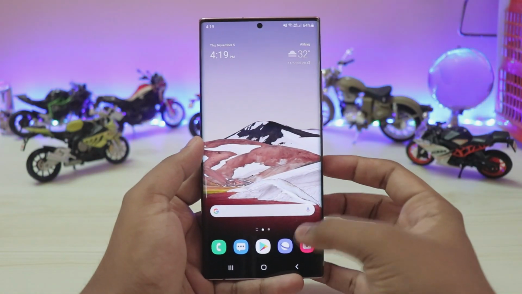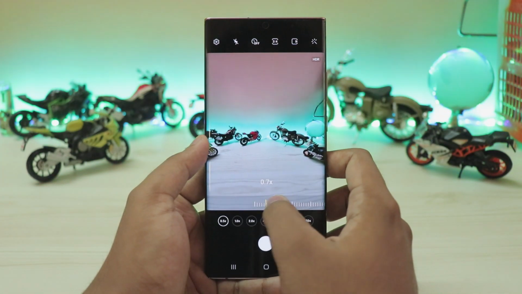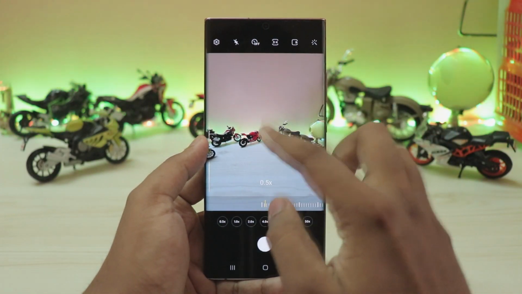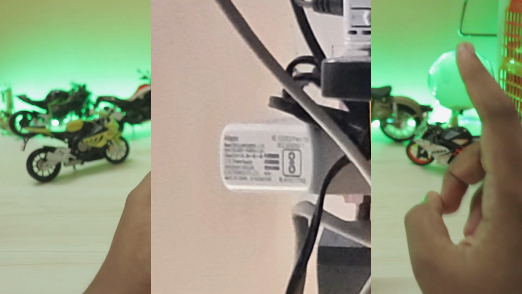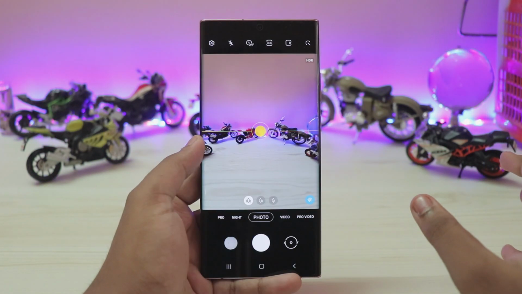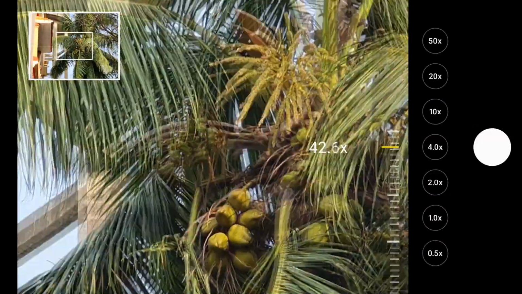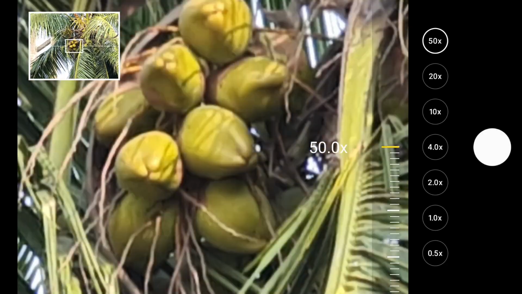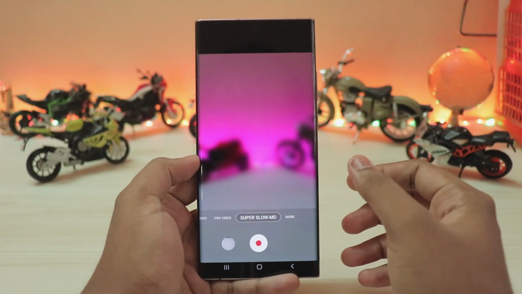If you just go to the camera, the UI is now far more stable than before. Again, the zooming in and out is as good as iPhone, but I saw an article by SamMobile that on the S20 series the zoom quality is far more improved. So I took this picture on beta 1 at 50x, and this is on beta 2 at almost 43x. So again, not just the parameters for the cropping have changed, but even the quality is far more improved, or it's the same as One UI 2.5.